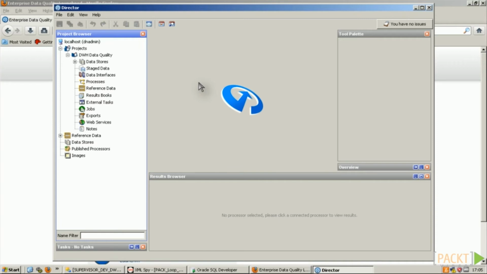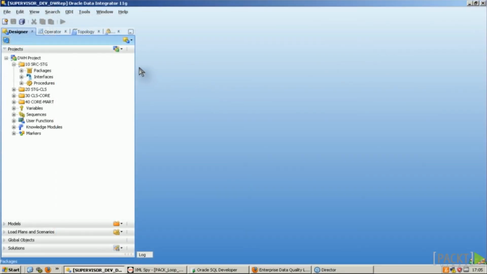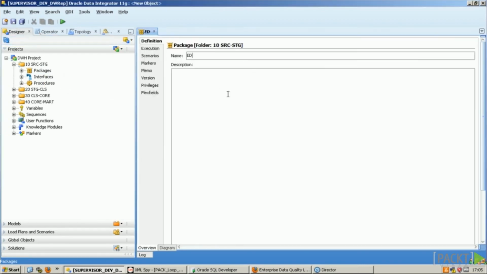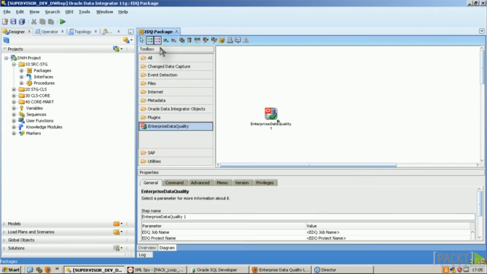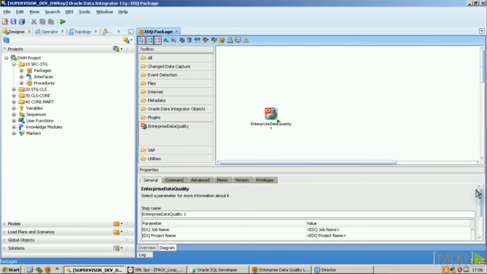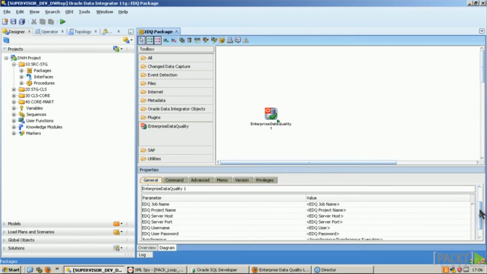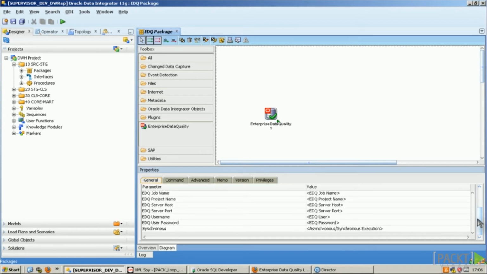So what you have to understand is that to integrate EDQ jobs into ODI, a separate tool is necessary. If you have defined those steps, then you can just create a package, and in the diagram tab you have a new plugin. If you click on that, you can add an Enterprise Data Quality job to your diagram, and in the properties you can define the job name, the project name, and everything you need. Then you can execute it, and the results are coming back into our